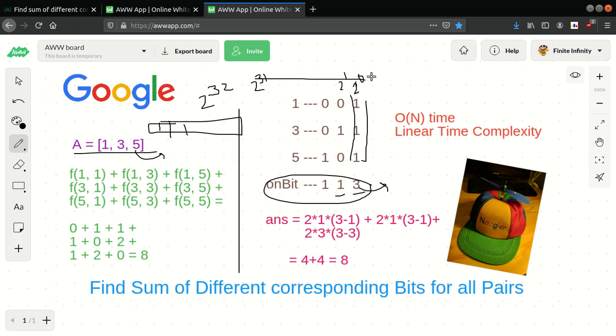Okay, and for all 32 bits, if we do the same, we can get our final answer. So our answer will be 2 times 1 times (3 minus 1). So 1 is our on bit, 3 minus 1 is the off bit. So all possible pairs give 1 into 3 minus 1 into 2, because